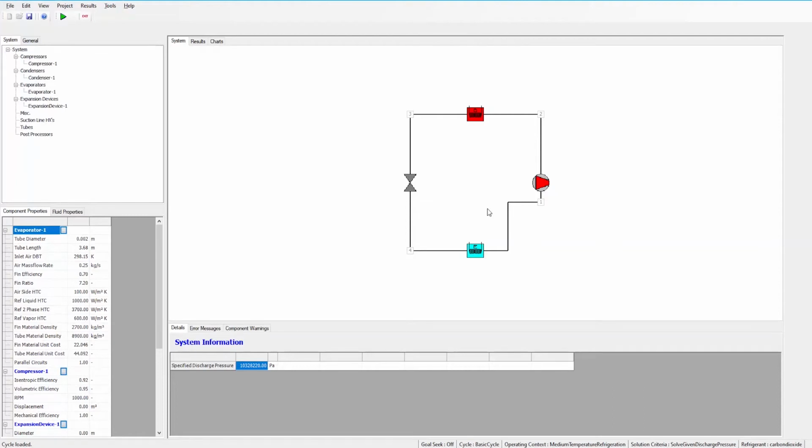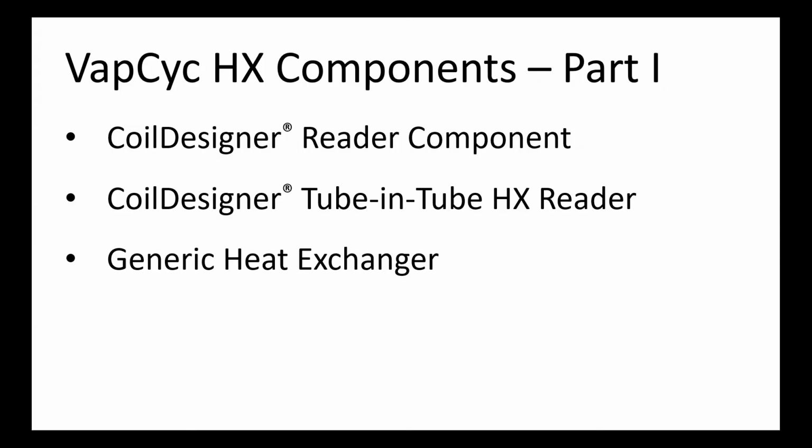This video focuses on some of the available heat exchanger models on VapCyc. These models are available as both evaporator and condenser models. The heat exchanger models this video focuses on are the CoilDesigner reader component, the CoilDesigner tube-in-tube heat exchanger reader, and